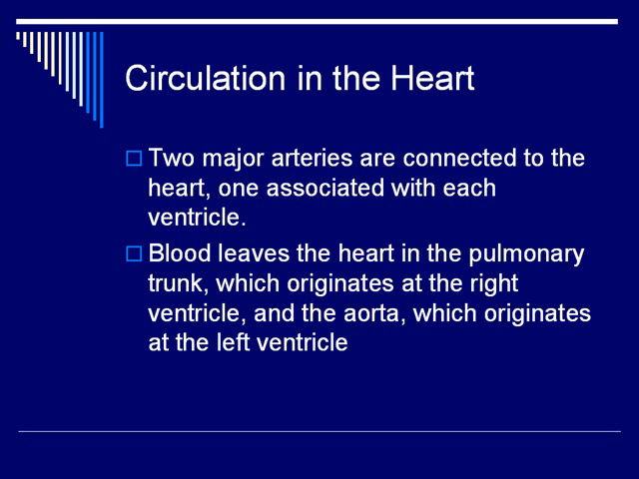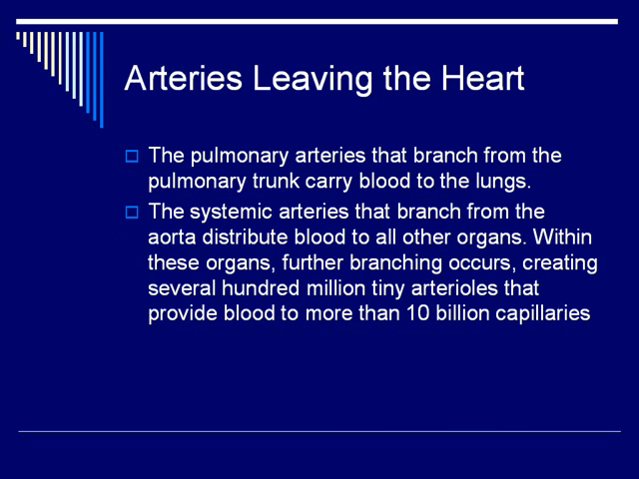the heart. In the circulation of the heart, there are 2 major arteries connected to the heart associated with each ventricle. Blood leaves the heart in the pulmonary trunk, which originates at the right ventricle, as you already know, and then the aorta, which originates at the left ventricle. Arteries leaving the heart, the pulmonary arteries, which branch to the pulmonary trunk and carry blood to the lungs, and then the systemic arteries that branch from the aorta and distribute blood to all the other organs in the systemic